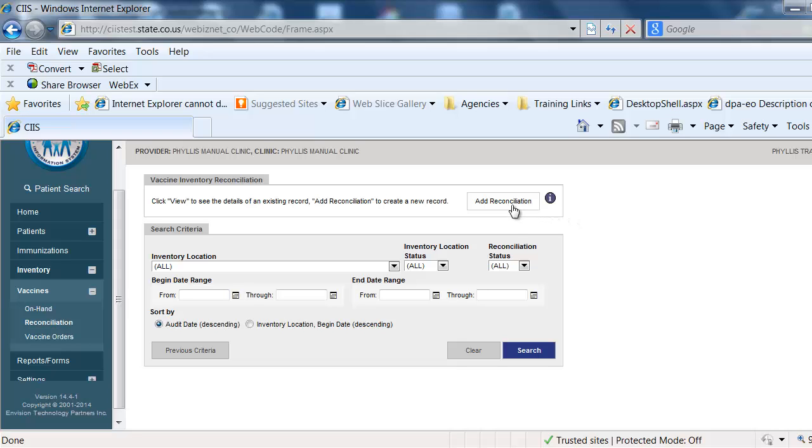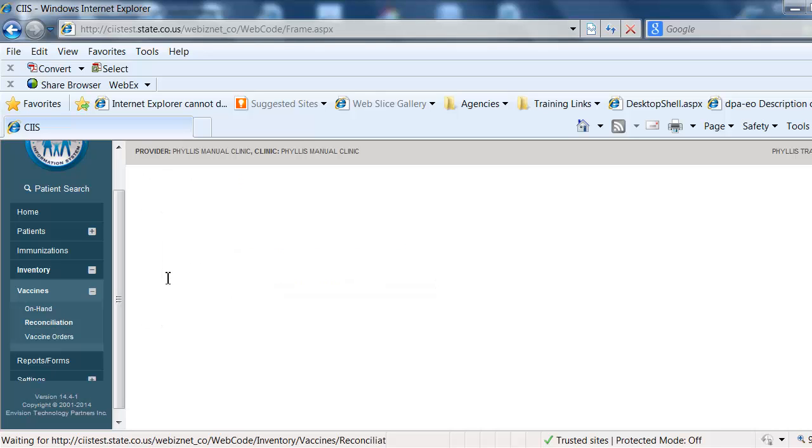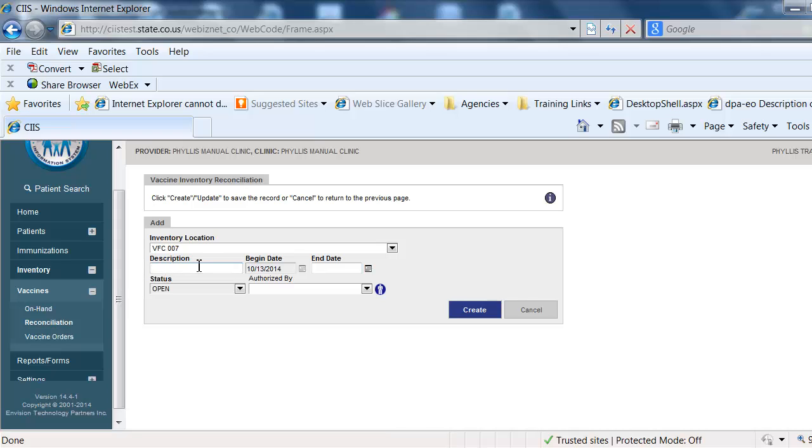Notice at the top of the screen there is an Add Reconciliation button. Click this button and you will be navigated to the Add Vaccine Inventory Reconciliation screen. You will notice the required information fields on this screen are bolded. At this point, enter the required information, including the inventory location, the description, which is the name of your reconciliation,